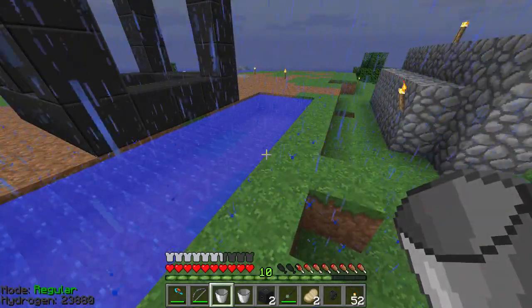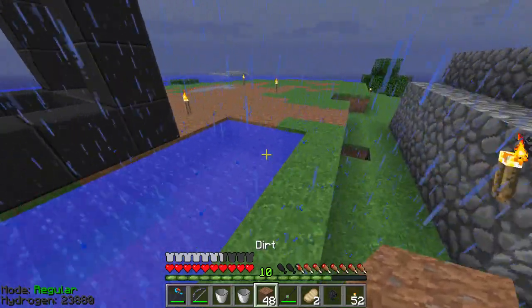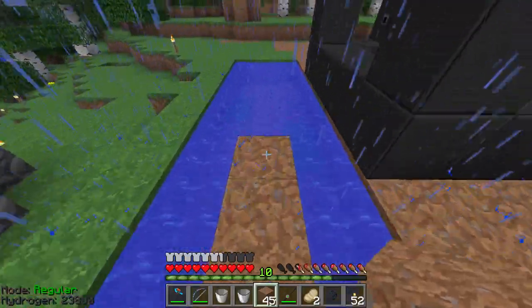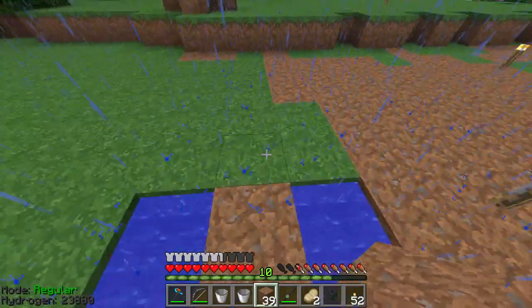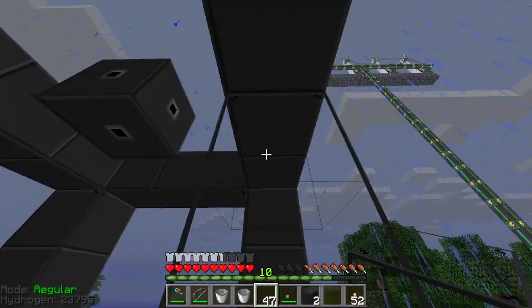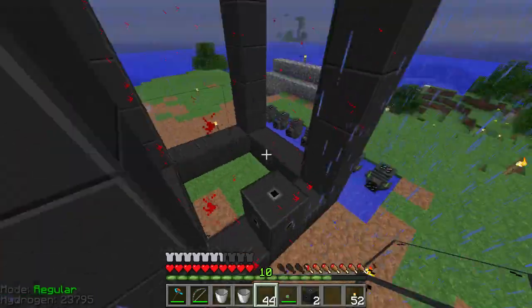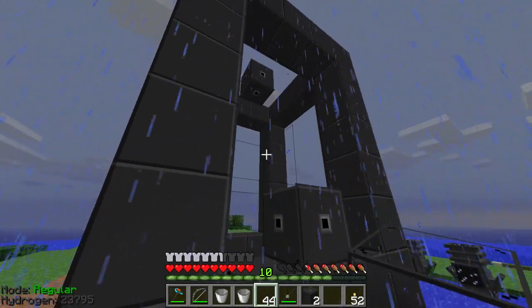Okay, good enough. Set some temporary dirt down so we can set down our pumps. Okay, and when we place the last block, there you get to see the redstone effect that